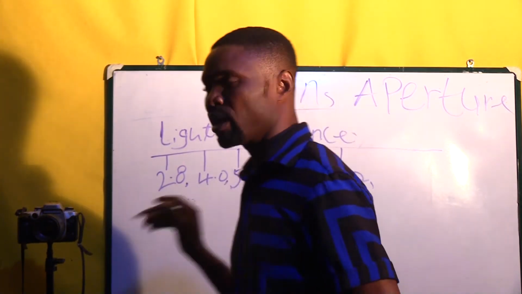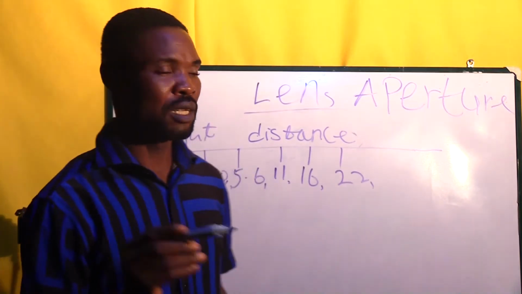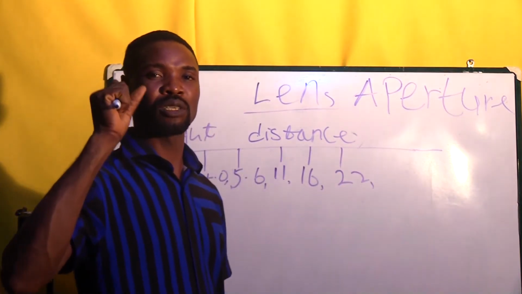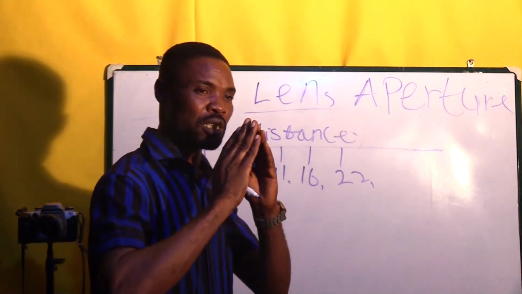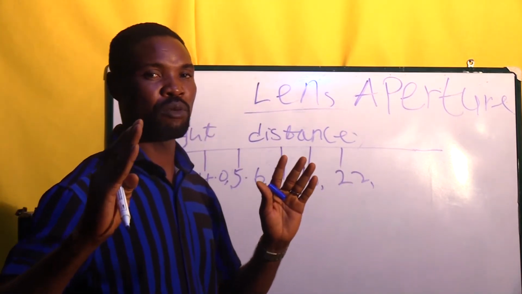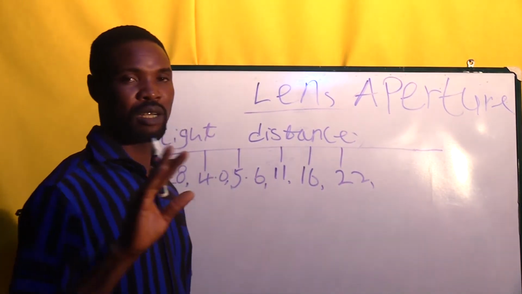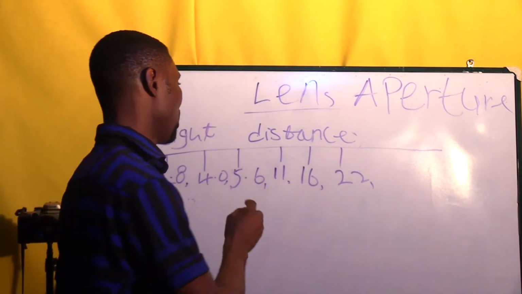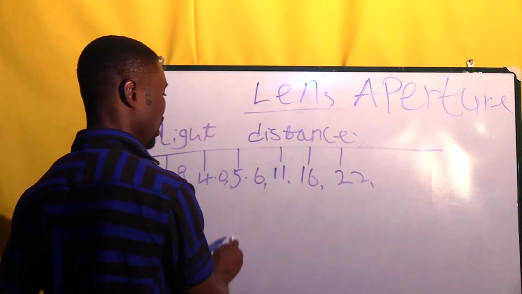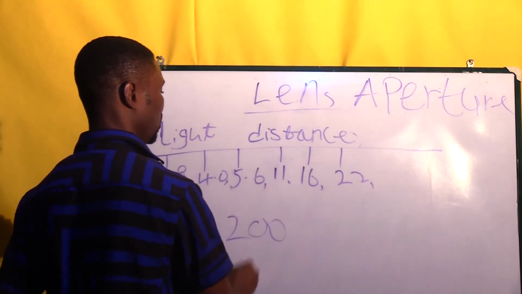When bringing down the settings, you will see that the density, the blur, the background will be looking blurred while the image is looking sharp, which means you can separate the image from the background and it makes your picture more beautiful. So it is more advisable sometimes when you have an ISO that receives a light of about 200